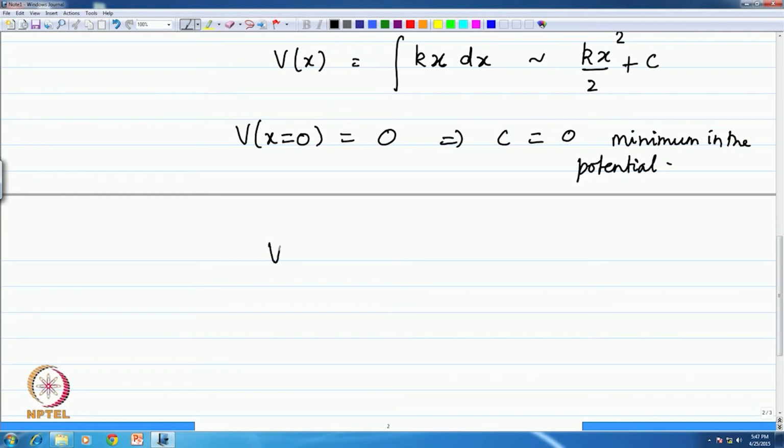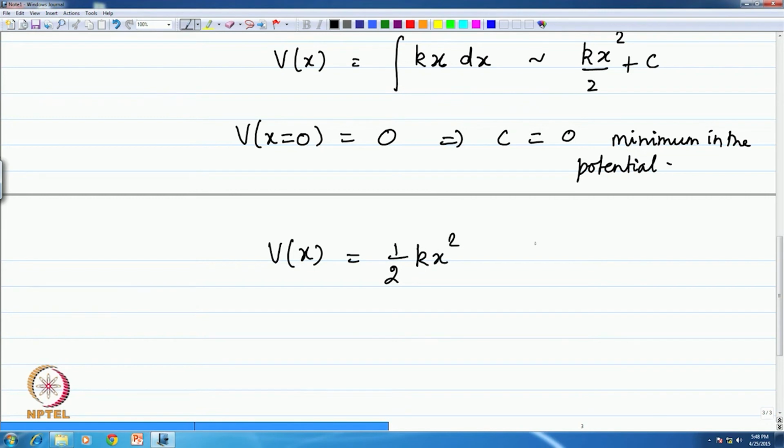and therefore the potential energy for a harmonic oscillator as a function of the displacement from equilibrium is given by half kx square, and k, you know, is the force constant, or the spring constant if you are talking about springs. You know the dimension of k. kx square is energy, so it is very clear what k should be. And the Hamiltonian, if you have to write it for the harmonic oscillator,